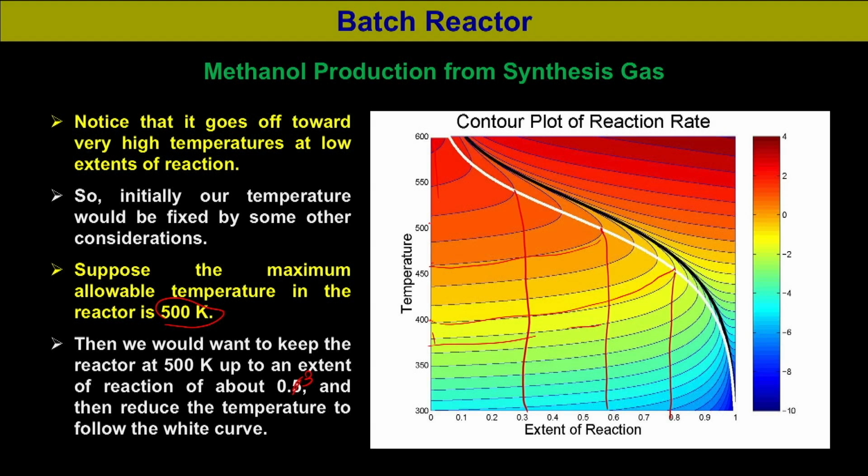So, this is how we can do the batch reactor operation in a minimum time and how the temperature would progress. Thank you very much for attending this lecture, and we will continue our discussion on the energy balance and optimum temperature progression for the other two idealized reactors, that is the plug flow reactor and the continuous stirred tank reactor, in our subsequent lectures. Thank you.